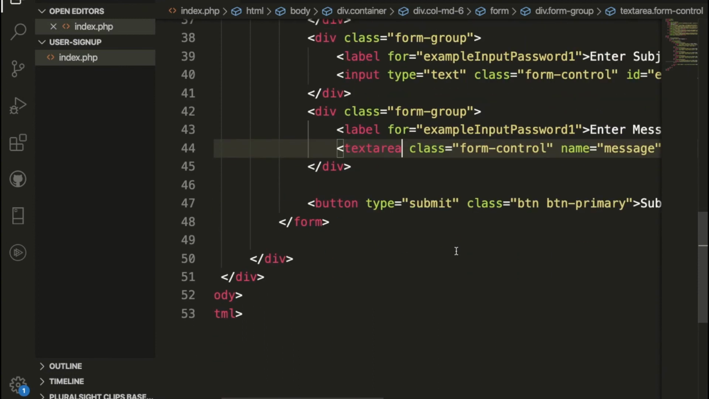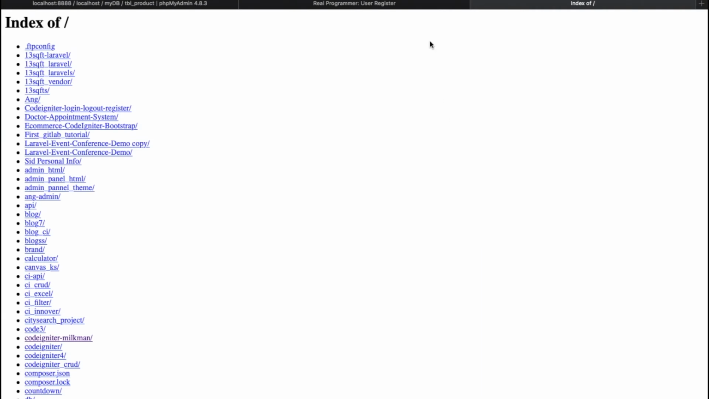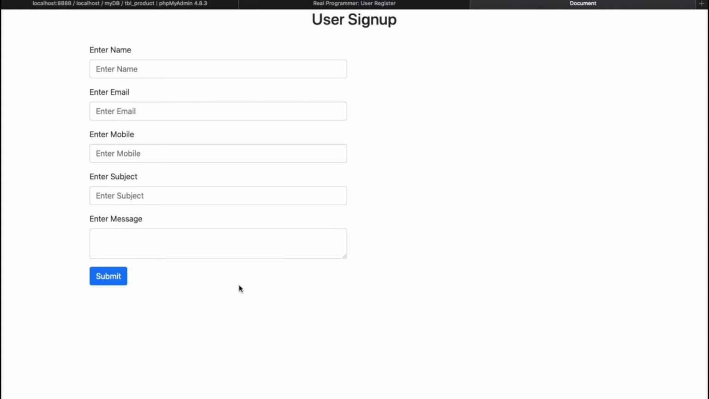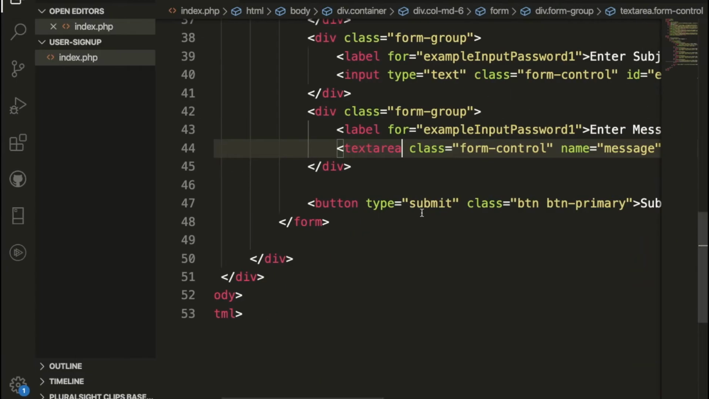Let's check again. This is working fine, and once this is fine, then I need to go inside the URL, go to search user sign up. Just click on this. Now this is looking fine. Look again. So let me check again,